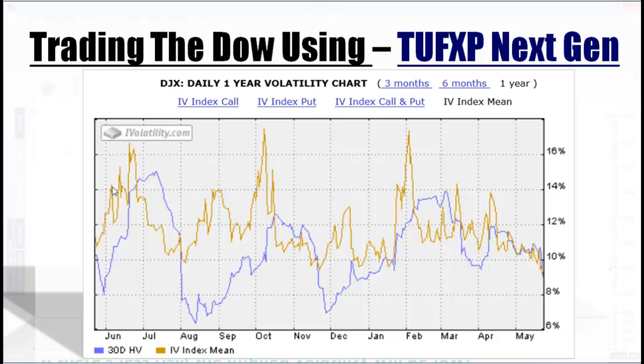If we look at the mustard coloured line, that's the implied volatility, and it shows you this at the bottom. And this is the one that indicates whether the underlying options are cheap or expensive. So where you can see these spikes, the options in this market have become expensive, which means, of course, that the Dow Jones must have been falling at the time,